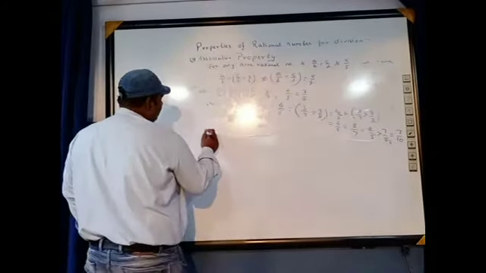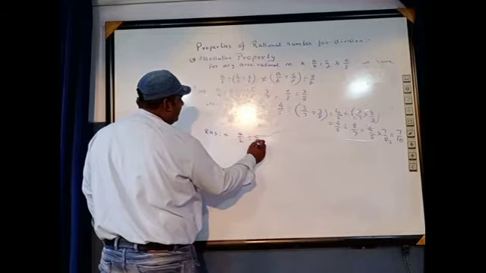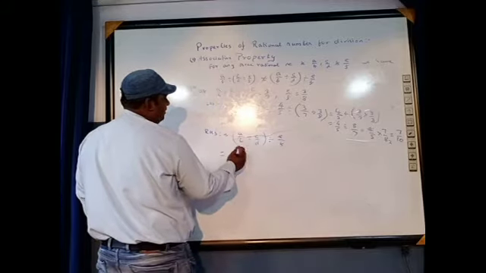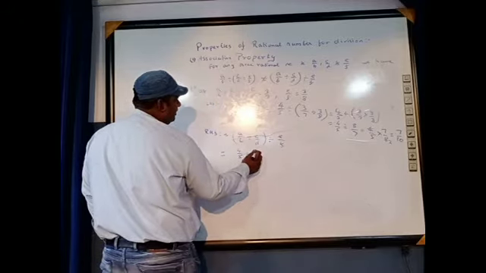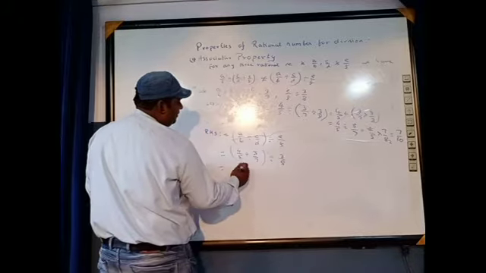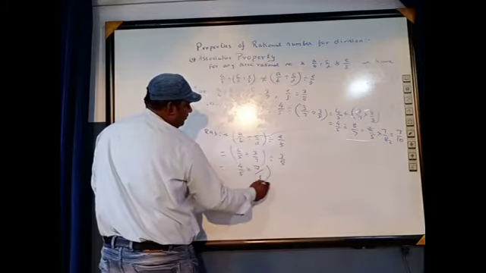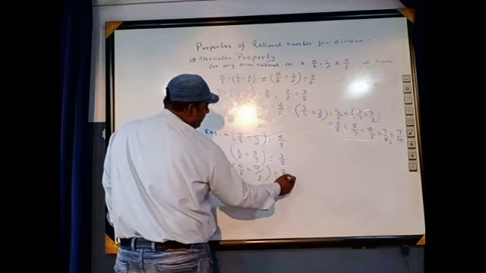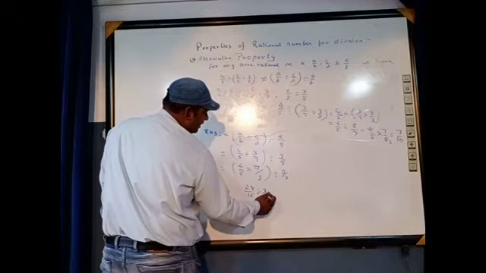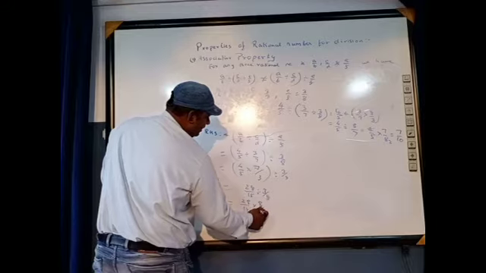Now in RHS, what will be the RHS? You look here, a by b divided by c by d, in bracket it is, and then e by f. We have a by b, 4 by 5, it will divide with 3 by 7, and then we have to divide with 3 by 8. 4 by 5 into 7 by 3, that is divided by 3 by 8. We get 28 by 15 divided by 3 by 8. 28 by 15 into 8 by 3.